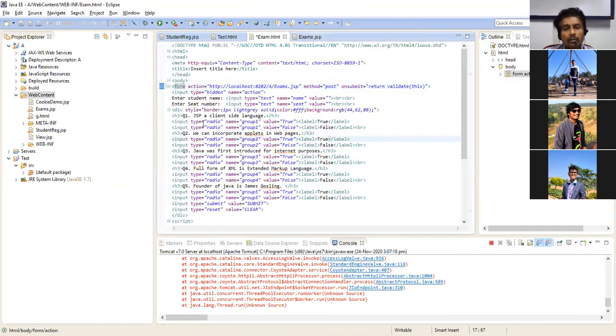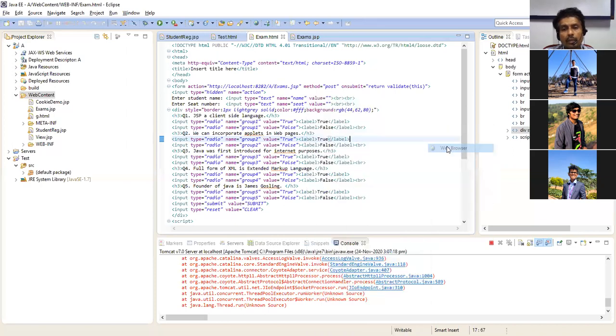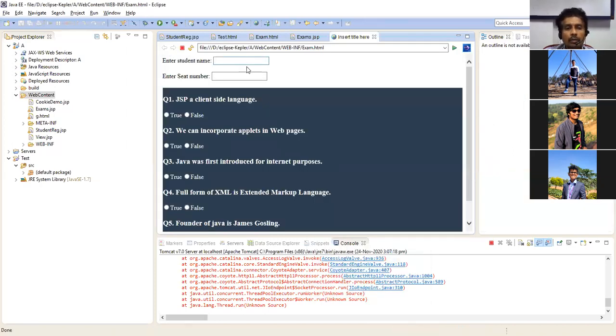Right. So now I have to run your client program on the web browser. So you can see this. Are you able to see the output, students?